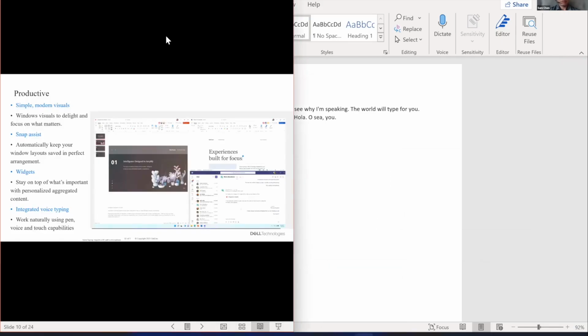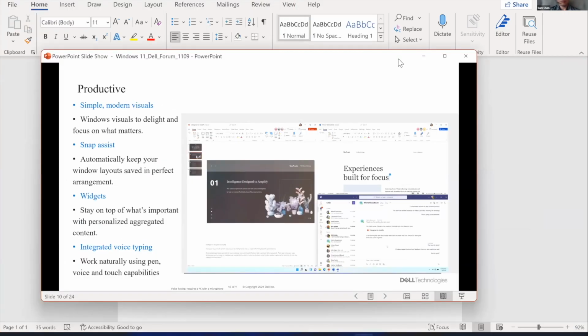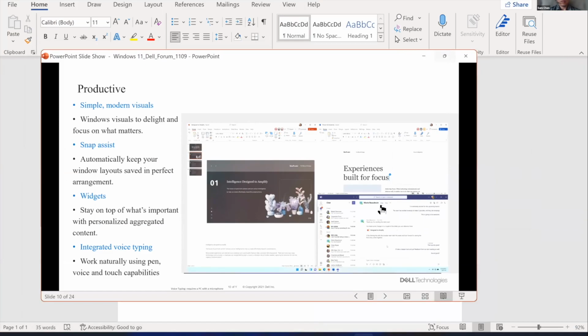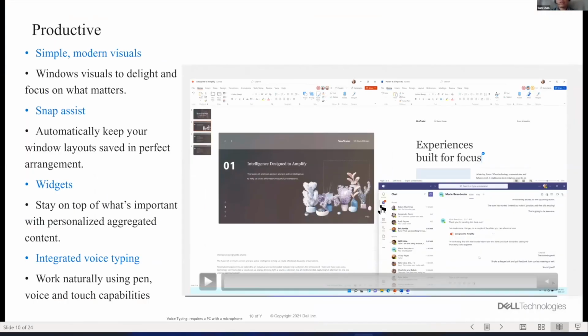Let's go back to PowerPoint. So again, this voice typing is really convenient when you are doing something else but you also want to make sure that you are typing your document. You can speak to the computer and the computer will type for you. Of course, there are some typing errors, and you can always correct those later when you have time to sit down in front of your computer.